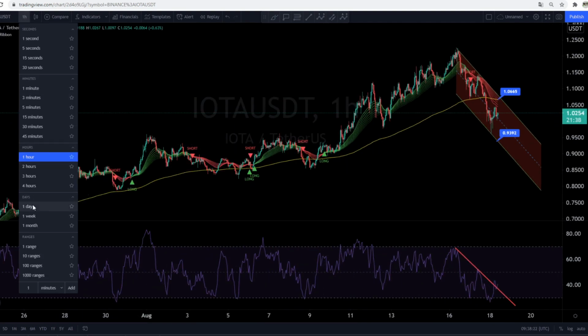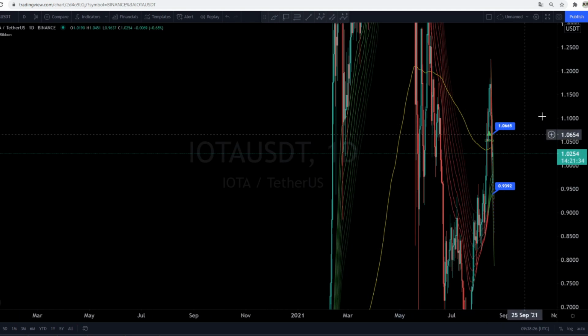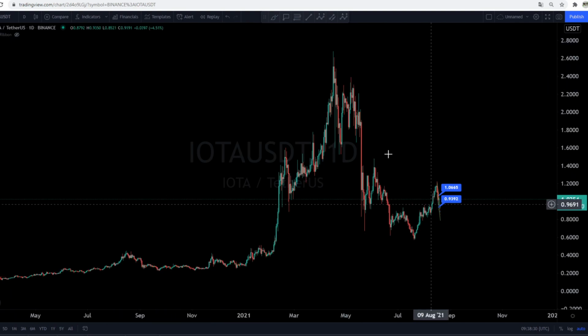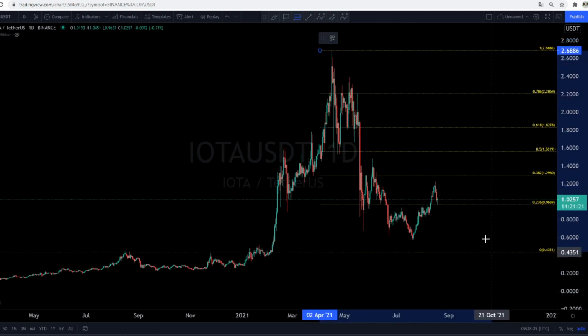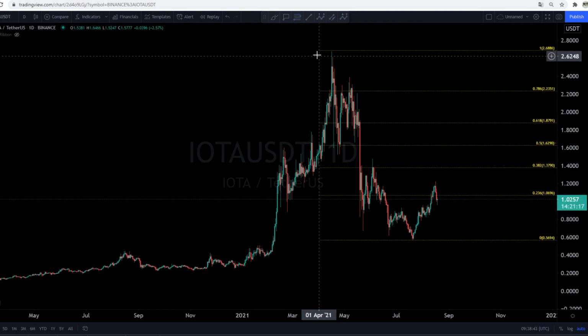Let's check one thing guys, this is really important. Let's check on the 1-day the Fibonacci retracement. This is also really important. So let's remove this stuff here. Fibonacci retracement from the highest point to the lowest point like this. It was the lowest point. This one here. Okay, it is not perfect. Let me check. Here